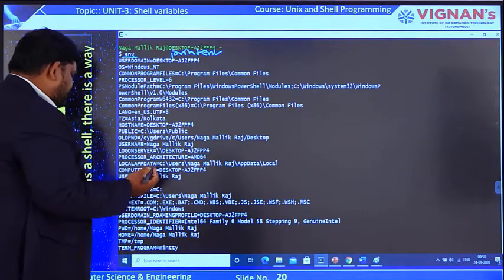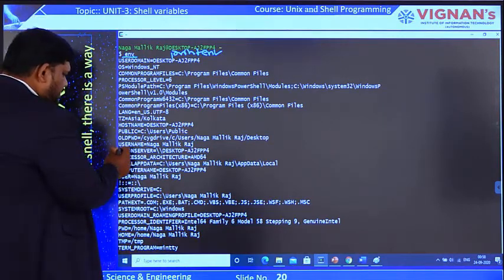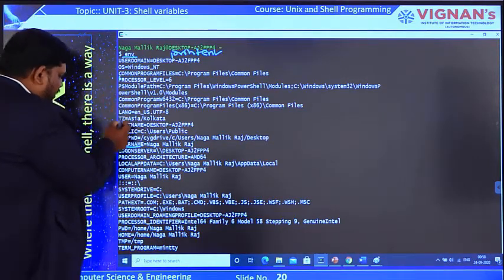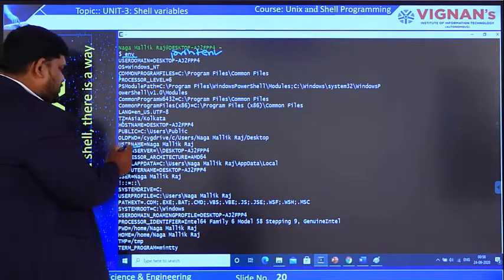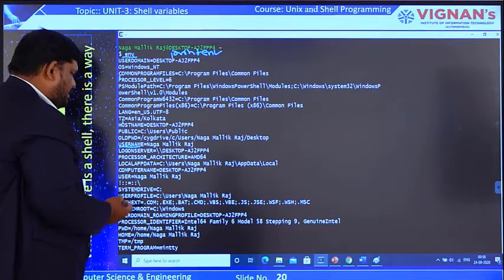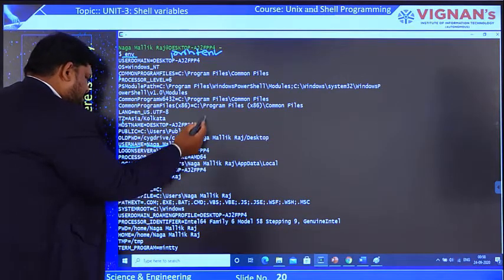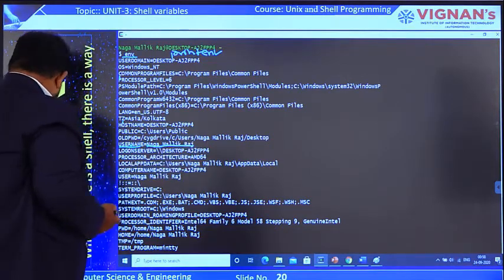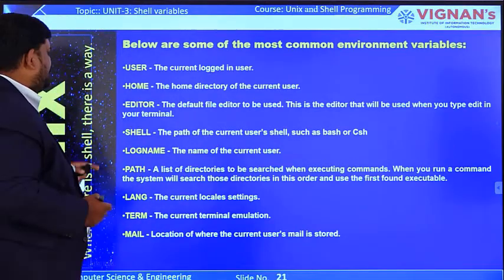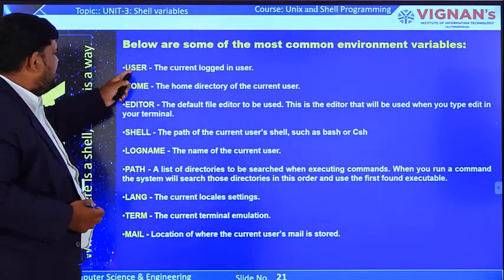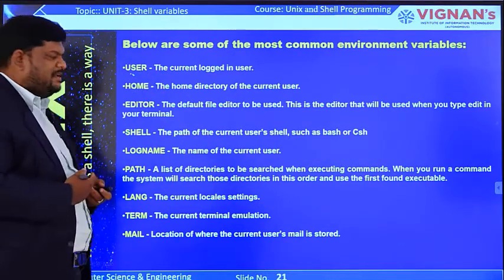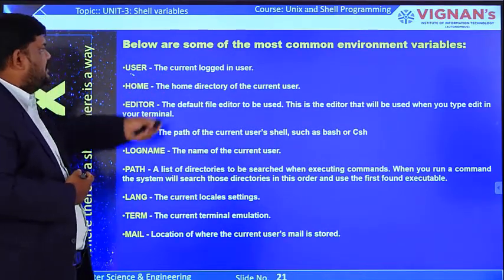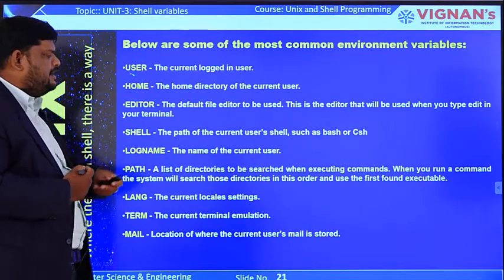For example, if you observe here, some important ones, like username. If you observe from the start, all of these are environmental variables in uppercase letters. One of the environmental variables here is the username, Nagamalikra. Among the common environmental variables, one is USER. With the help of the environmental variable USER, the details of the current logged-in user will come. With the help of HOME, the home directory of the current user will